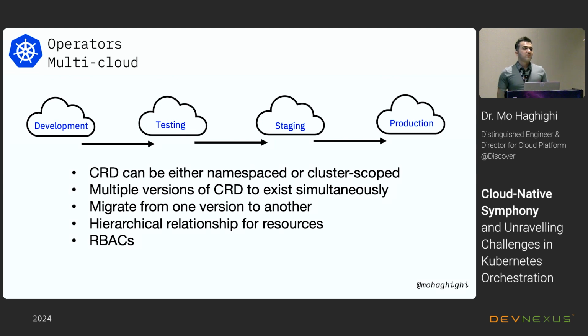This gives you a lot of advantages. You don't have to do everything in one cluster. It's also good for A/B testing and blue-green deployment. Those are some of the advantages you can get from custom resources. And again, the hierarchical relationship is very important